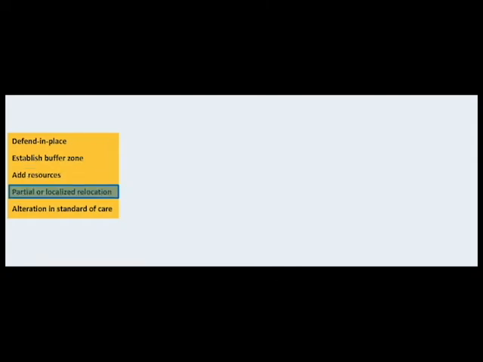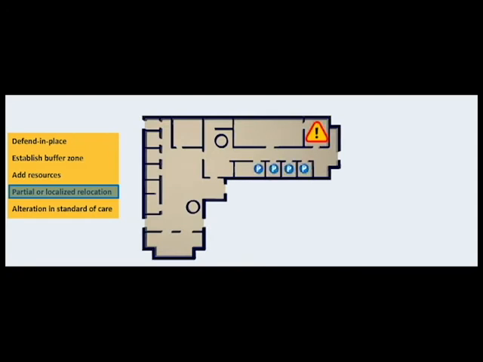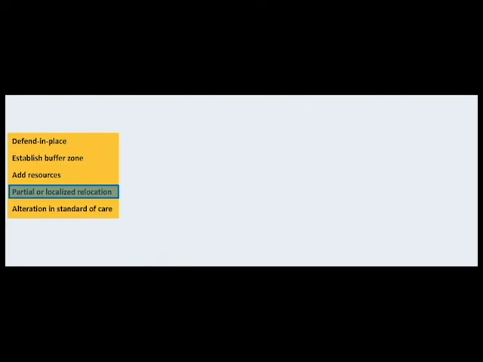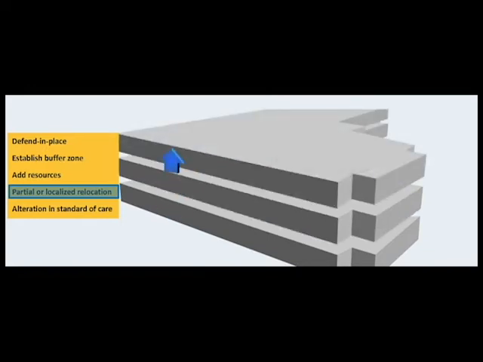Partial or localized relocation. When portions of a facility are determined to be damaged and unsafe, as might occur following a fire or earthquake, the incident commander may order relocation of patients and staff to safe, unaffected areas of the hospital. This may allow time for a more thorough engineering assessment and occupancy determination, avoiding an urgent or emergent departure. For a lower floor threat, such as a flash flood, relocation of patients to upper floors may be an effective